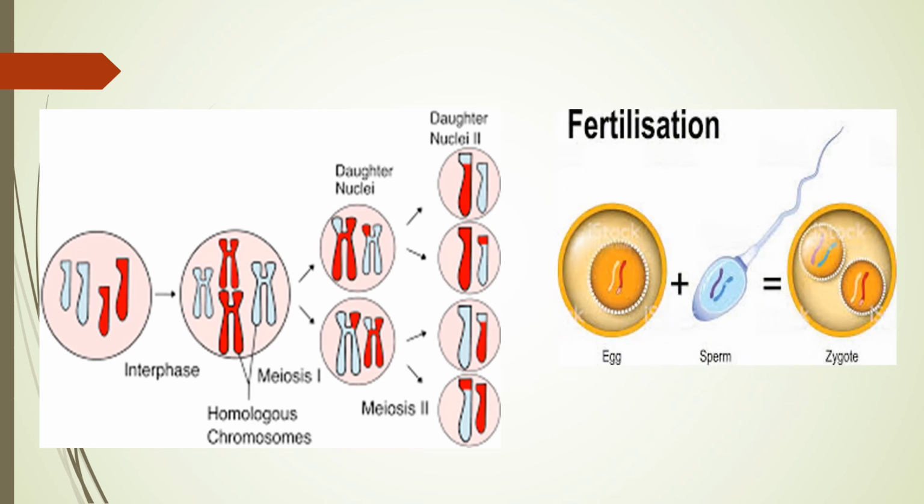This photograph shows fertilization. Fertilization is with egg from the female and sperm from the male. The egg and the sperm are both haploid, and when they fertilize, they form a zygote which is diploid. This zygote is a totipotent stem cell, that is, it has the capability to produce all the cells and tissues of the organ, and this is a cell from which the life of an individual will begin.